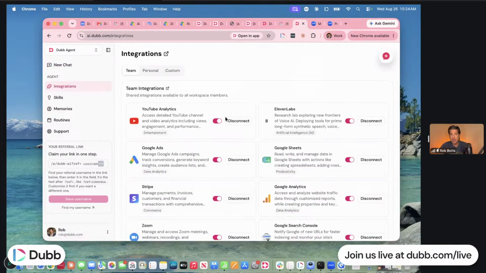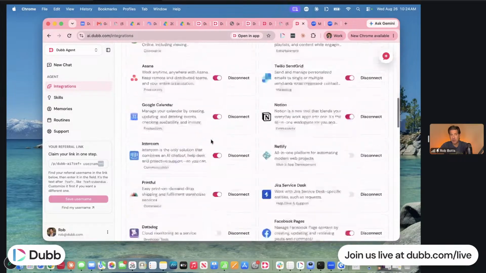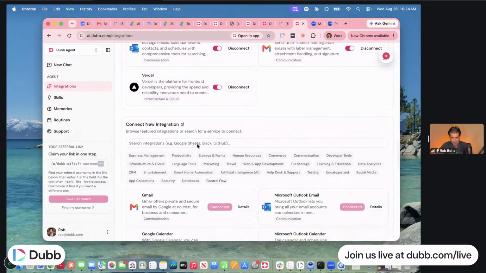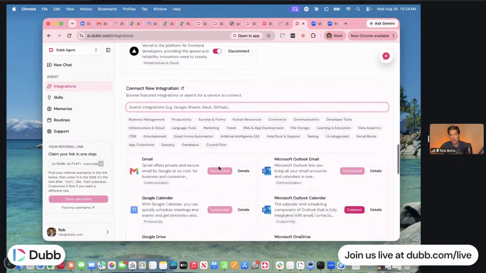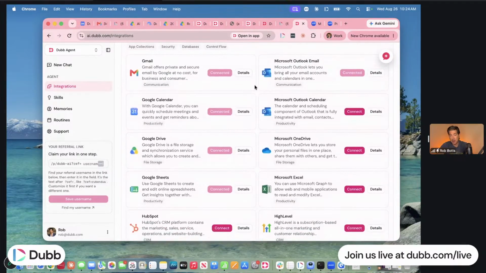So when you come in here, you're going to scroll down. This little search bar will be at the top for you guys, I believe. But when you search in here, you're going to search for the things that you use, whether it's email, CRM, documents, whatever it is, right? But to get some ideas, you can scroll down here at the bottom because it might be something like, oh, I don't use that, but I want to use that.